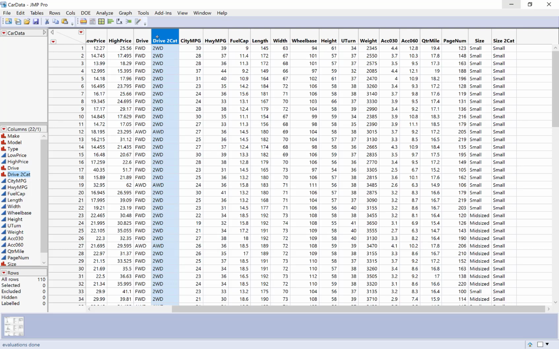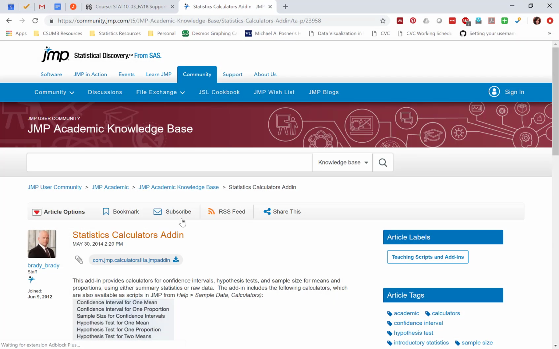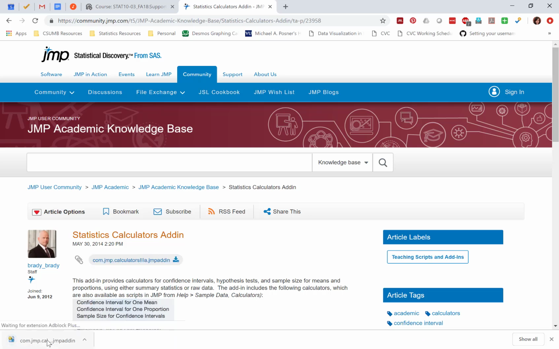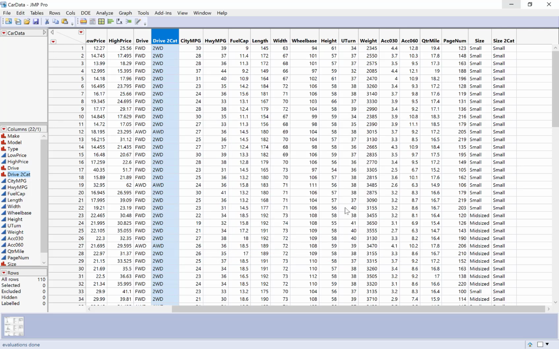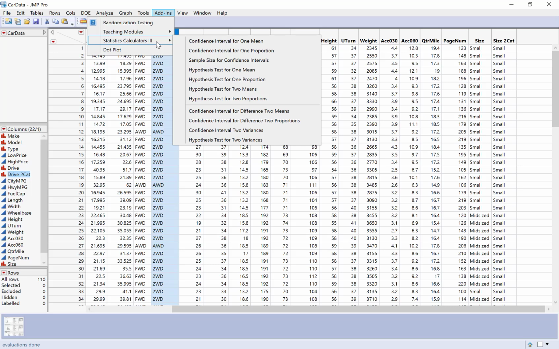So the first thing that I need to do is make sure that I have the hypothesis testing calculator installed. There's a link to this web page on iLearn, and you are going to click on the add-in link to download the calculator. And then you are going to install the calculator. And JMP will take just a moment to do that. And now it's done, and I can see in my add-ins menu here, I now have the Statistics Calculators 3